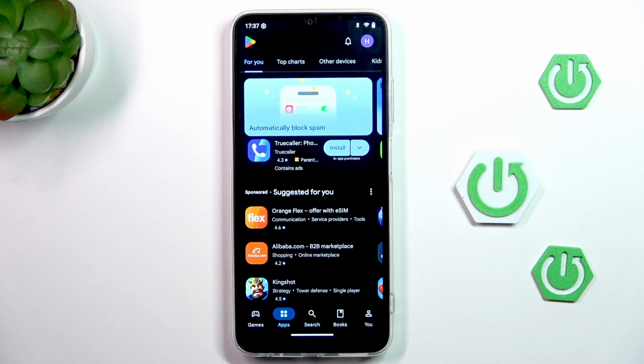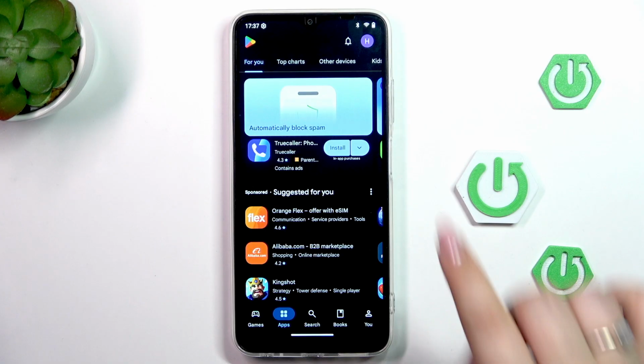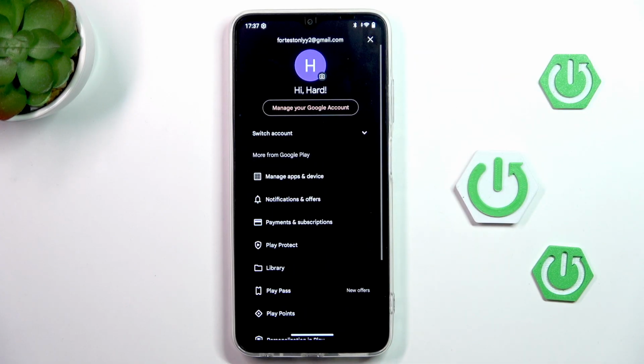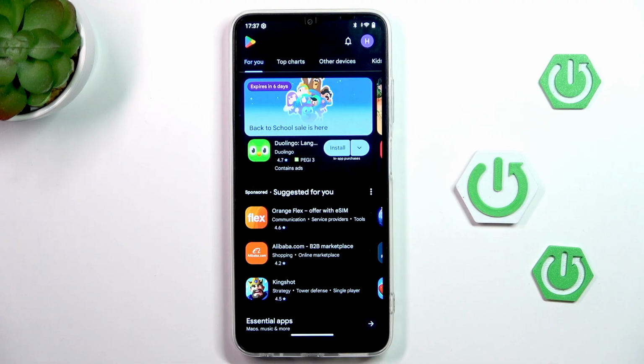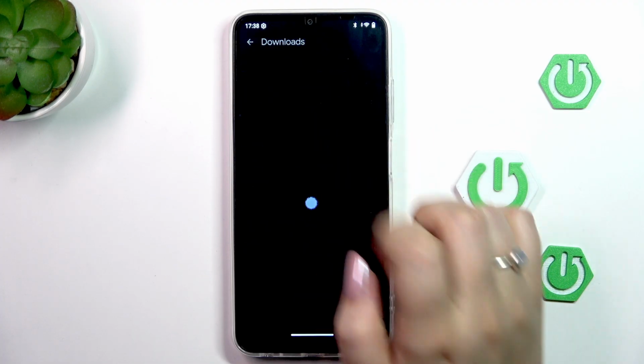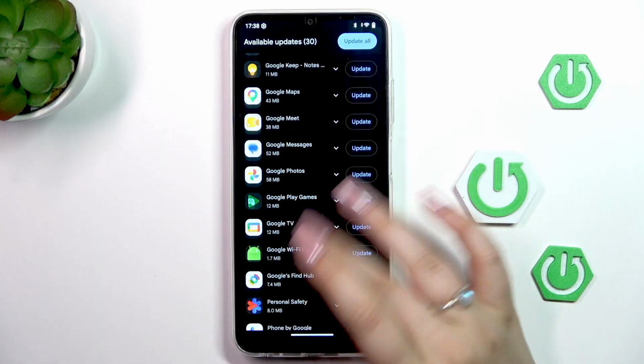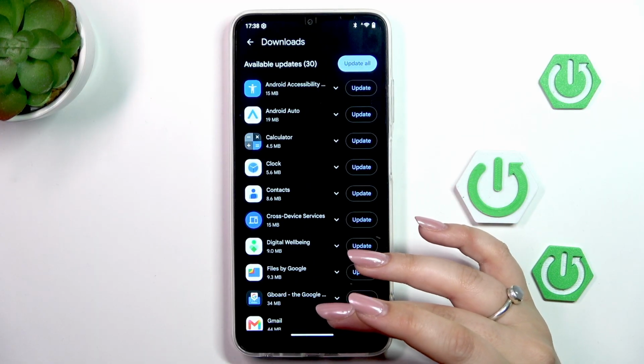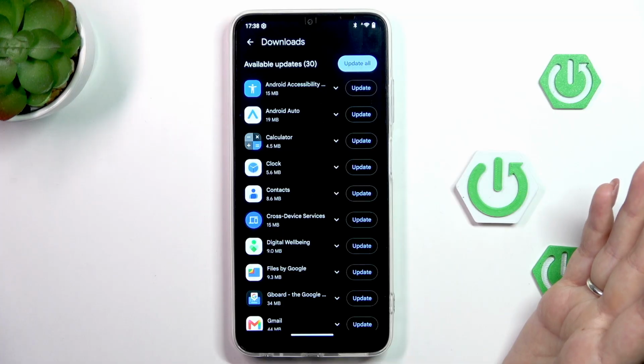It's up to you. So let's begin with tapping on the circle in the right upper corner, which is our account, and then go to Manage Apps and Device. Now go to Updates Available, and here we've got the full list of available updates, and basically it depends what